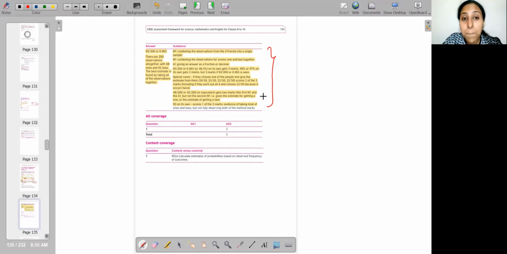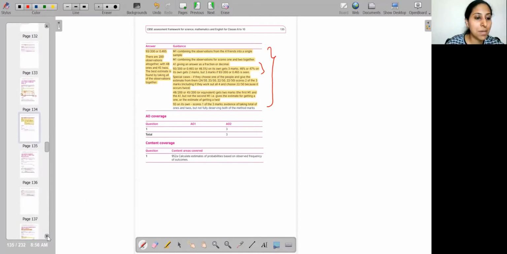But right now, as per the new recommendation, they're telling that you could have this much marks if so many steps have been done. You could have different ways of expressing the final answer, and there could be special cases also. So some people may write the answer in this way, some people may write the answer in another way. So everything is made clear in the marking scheme so that the person who is actually correcting your paper does not have any confusion as to how the marks should be awarded.